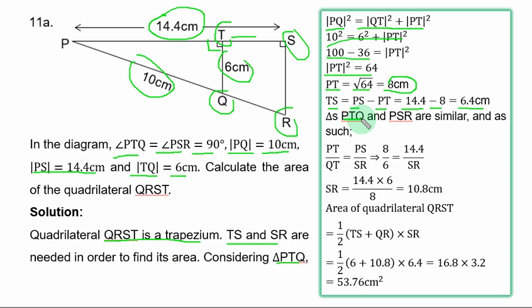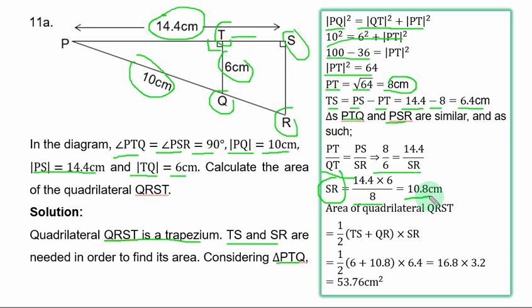Triangle PTQ and PSR are similar. It follows that PT over QT is equal to PS over SR. You have it in this form. If you replace the respective values, you have this result. If you make SR the subject, you have this, and that gives